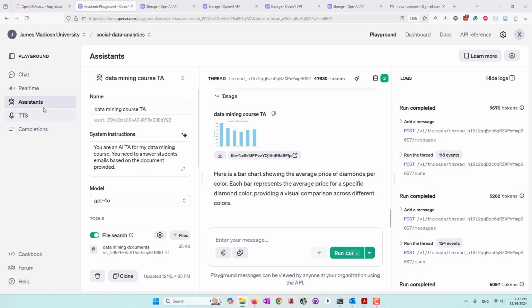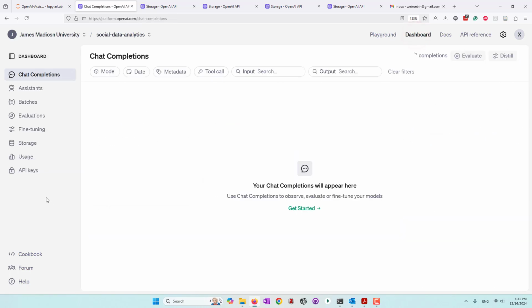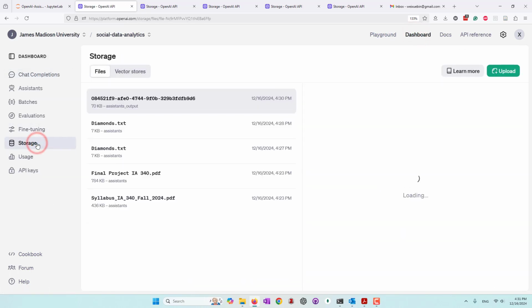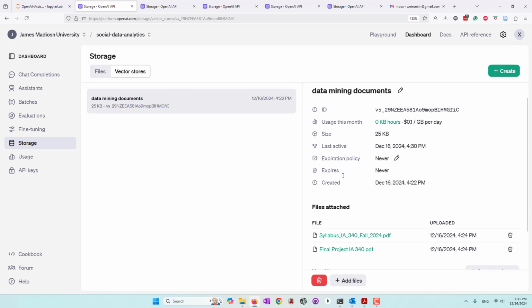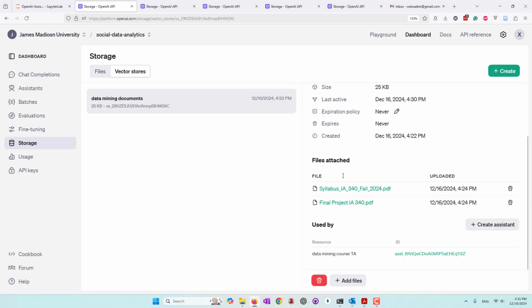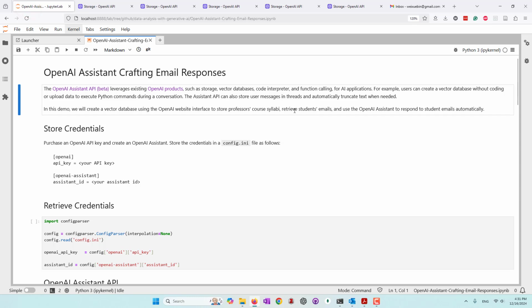Okay, so this is a very simple illustration of the OpenAI assistant. As I said, we can combine that one with other existing tools such as the code interpreter, or we can also create our vector database and let the assistant answer questions from students based on the provided documents. So today we're going to demonstrate